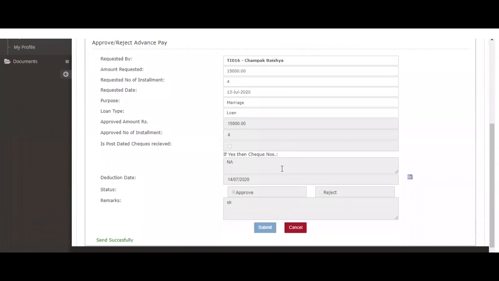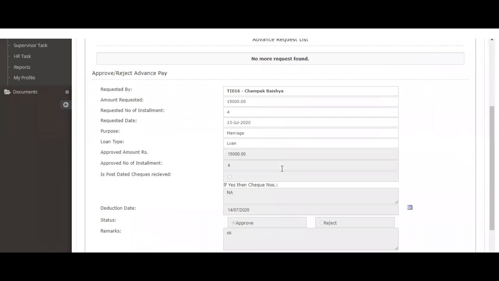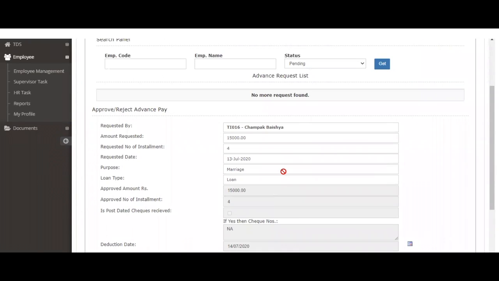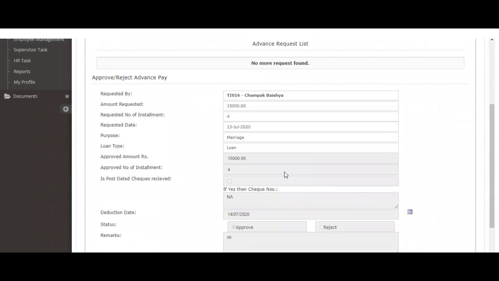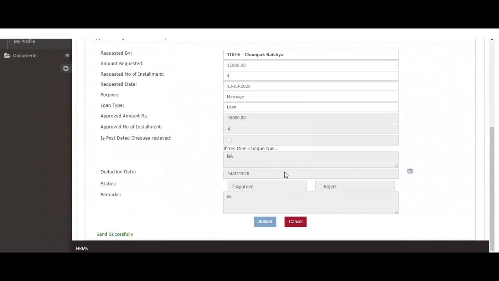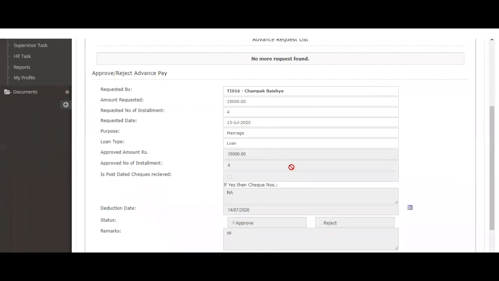Once the Cashit 24/7 team sees the request, they can reduce the amount or reduce the number of installments, and the Cashit 24/7 automated system will approve the request. It will be instantly credited to the employee's account, and will get deducted from the salary based on the number of EMIs selected.